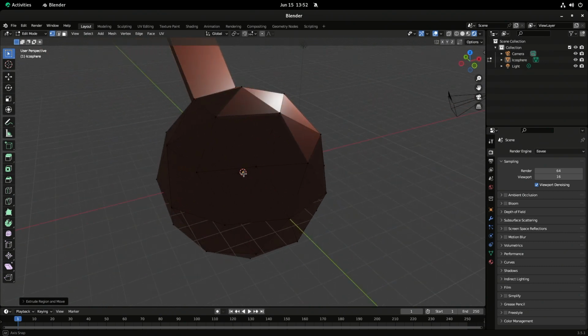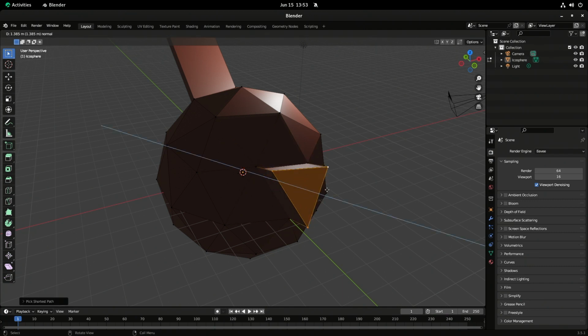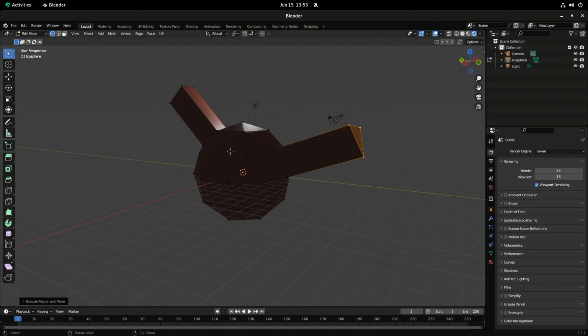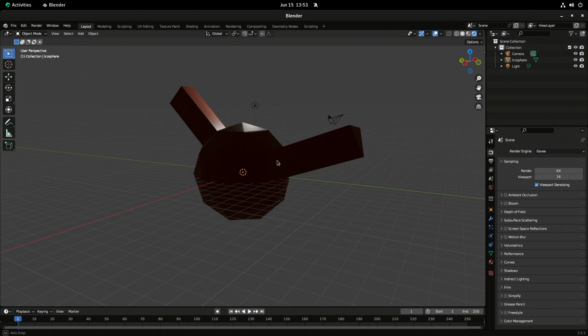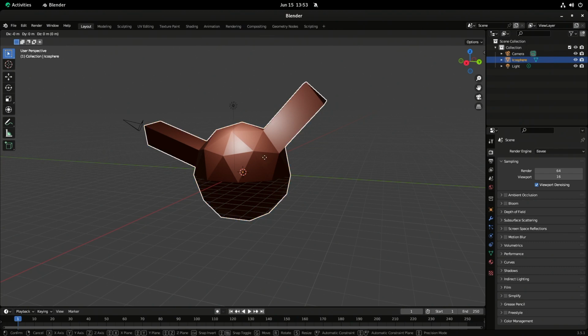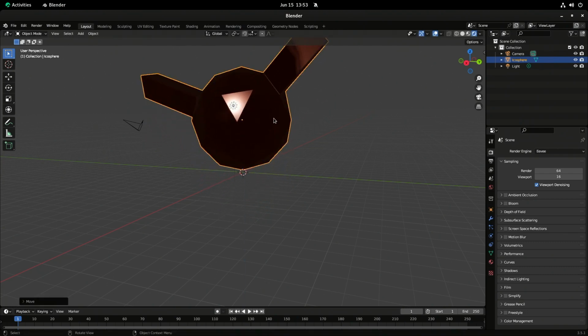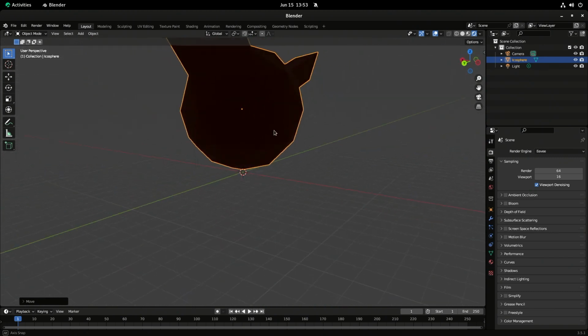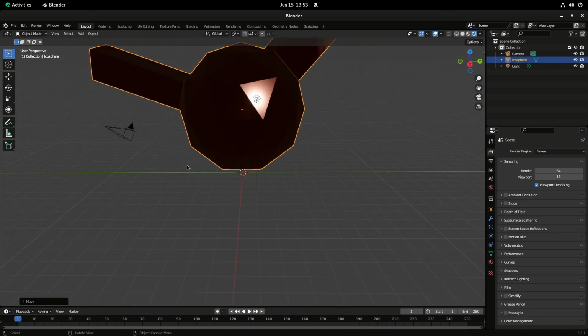I don't know really. Maybe this is like some weird sign or something. I don't know. Not really sure what it is, but I could use Control and select a couple of these vertices and do this on the other side. And so now we have, I don't know what this is supposed to be, but we have it. And, you know, I could go like the G key and then go up. And so I can do G and then Z, and it will let me move it on the Z axis. And there we go.